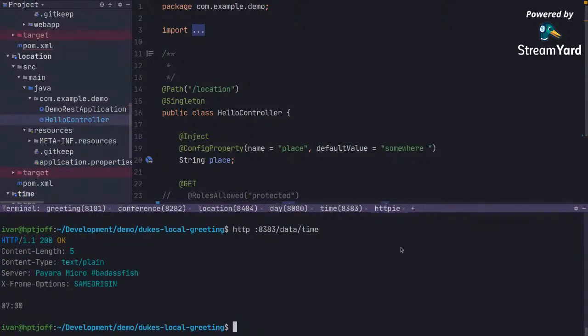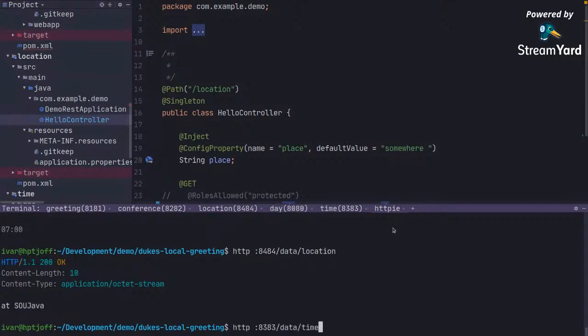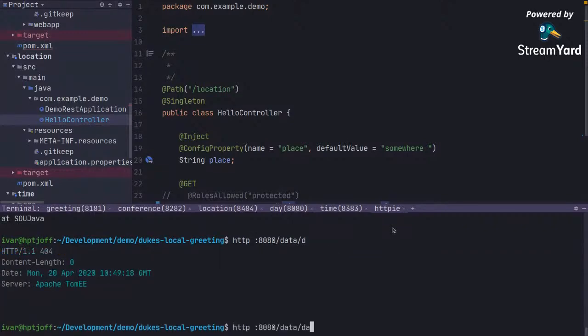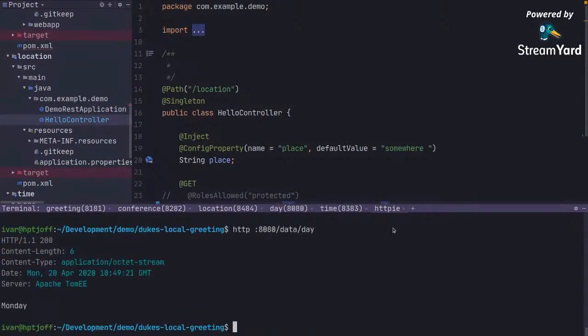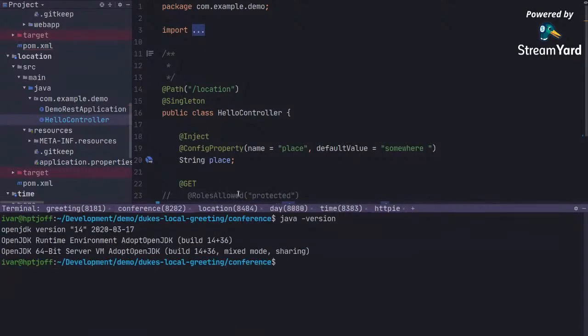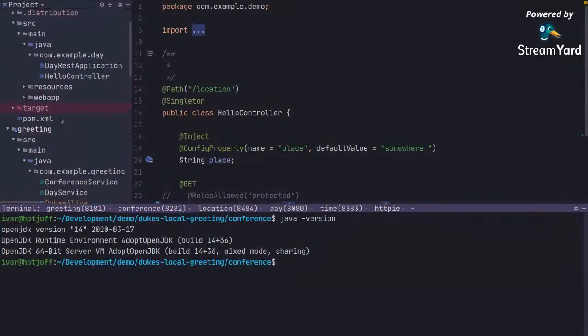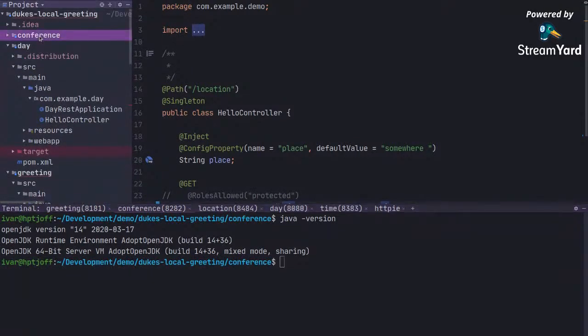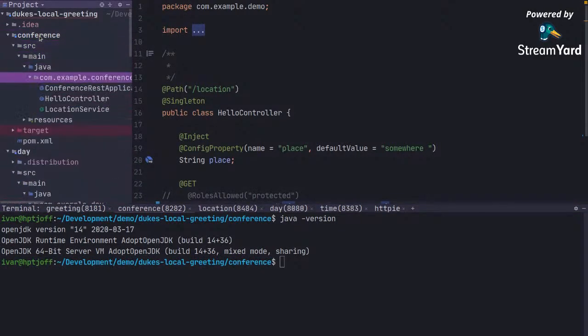It returns 0700. So I have a time service returning 0700, I have a location service returning SouJava, and I have a day service returning Monday. So let's look at the conference service, and now it's getting interesting. So the conference service is